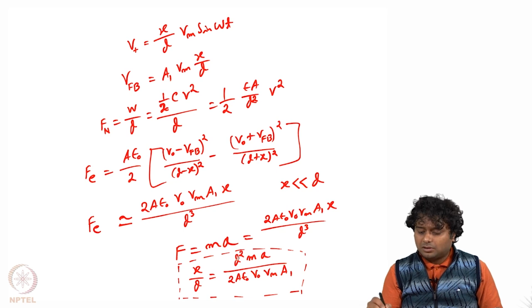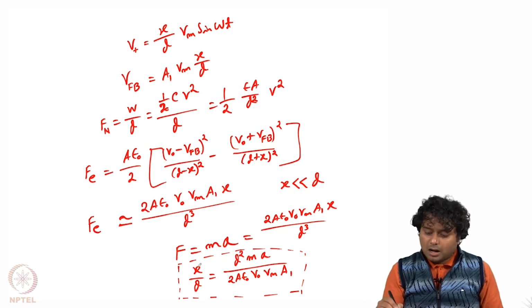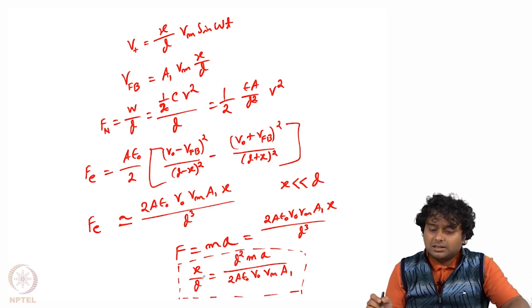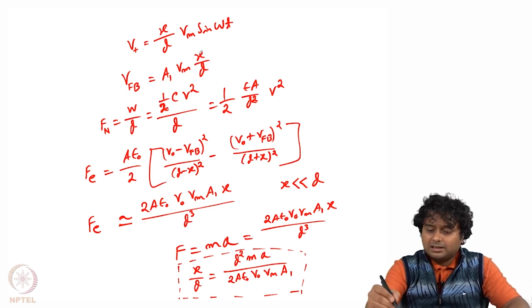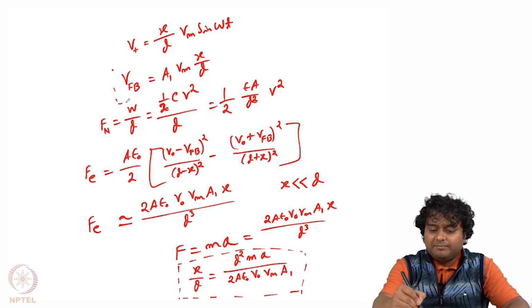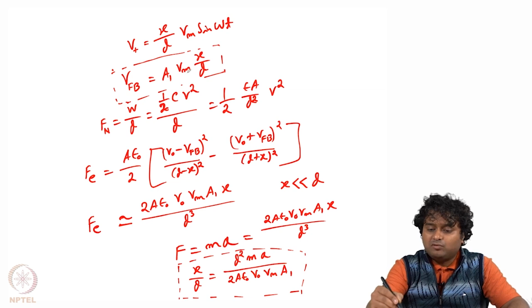So these terms are also all known, and we measure the distance, and accordingly we can get the acceleration. Now how can we measure the distance? Because we know that this is x by d, and this x by d is again related to VFB. So we know this Vm, and this A1 also we know, and accordingly we can calculate the